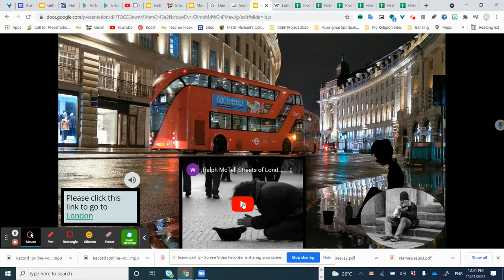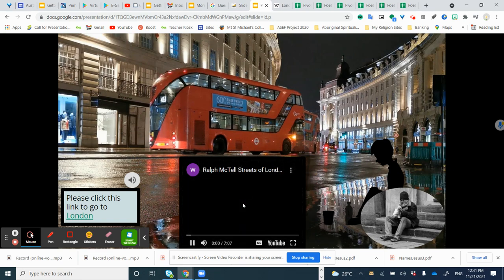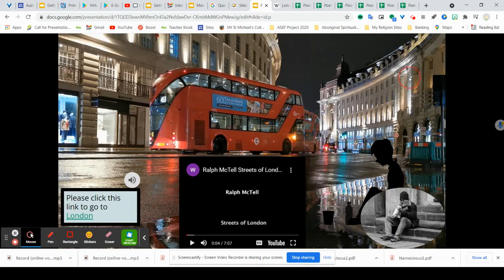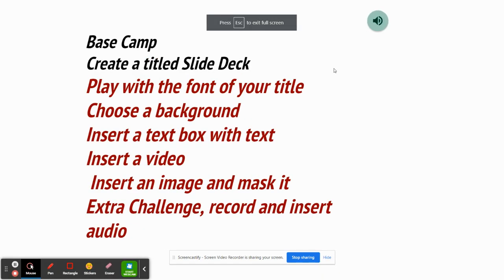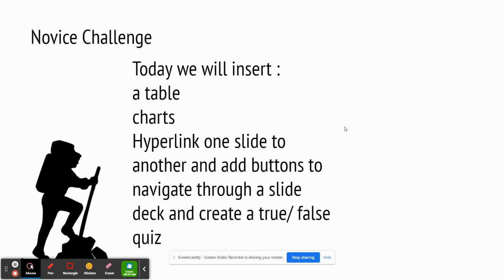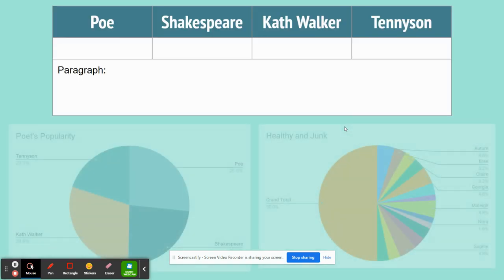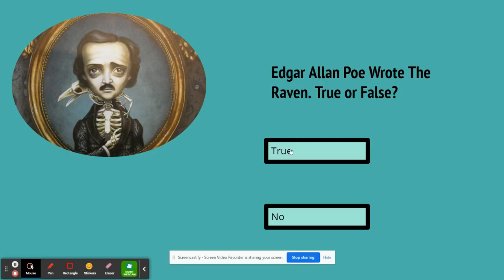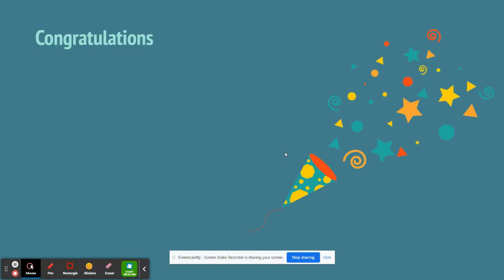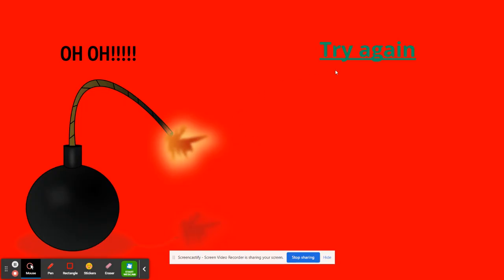You have the YouTube of the song Streets of London. And I must admit, I like having it in Google Slides because it plays directly in the slide. We have my little images that I put in previously. So now I go to click, it takes me to the work we did on Basecamp. We inserted different things. We learned about the transitions. Congratulations! And now, what I do know is I need to go to the next because I need to